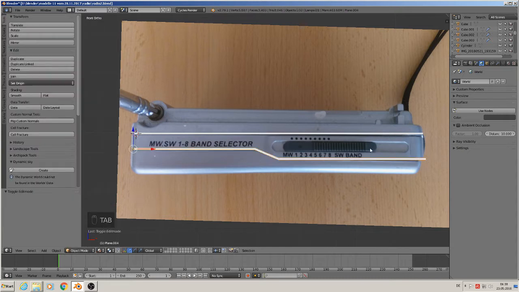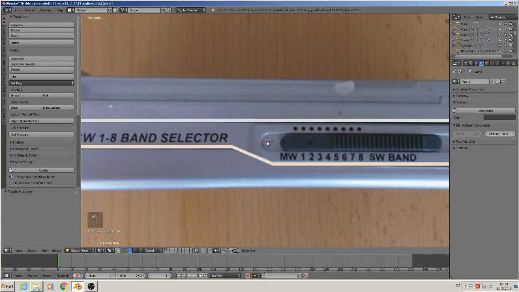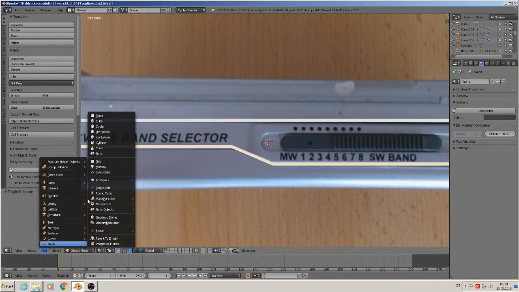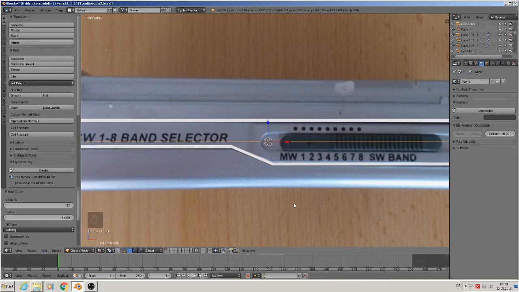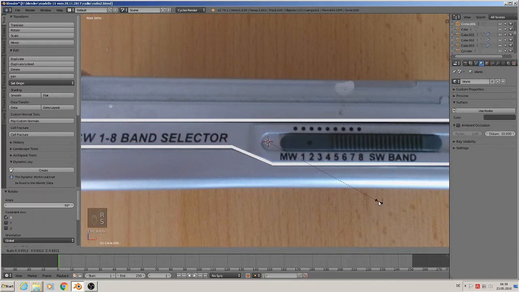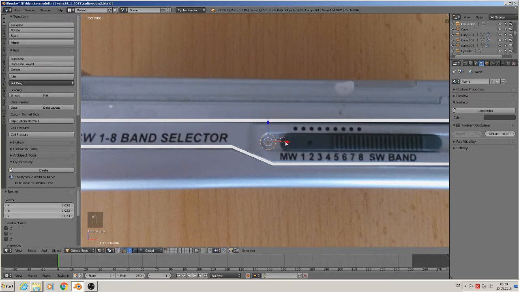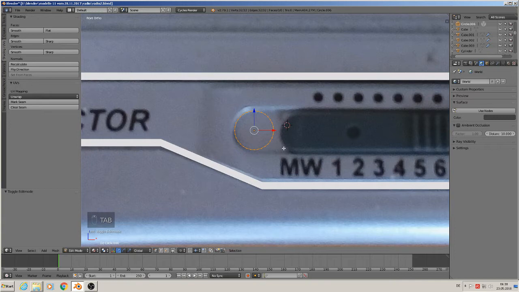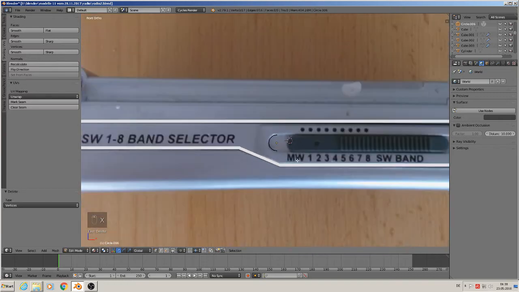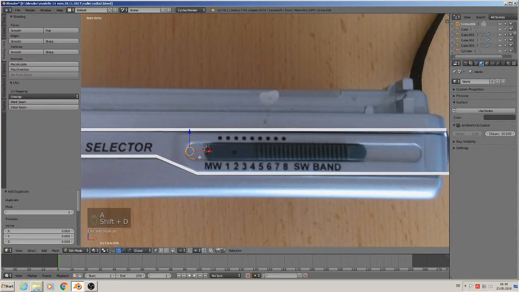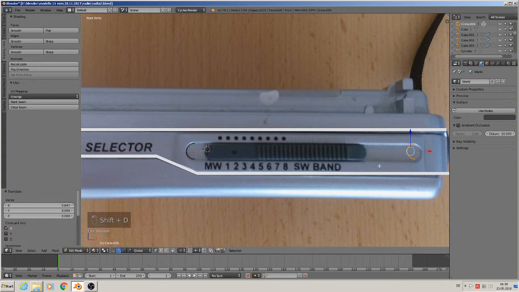Then we need this deeper part here. So that means we add mesh circle, rotate X 90 degrees, scale down. Then we go edit mode, delete the half of them, box selection, X, delete, 8, select all, Shift D, copy, rotate Z 180, turn it around,